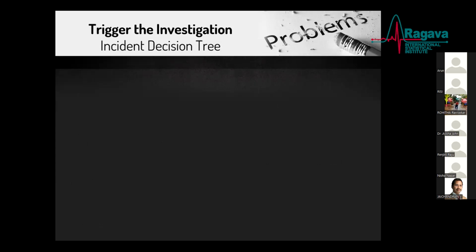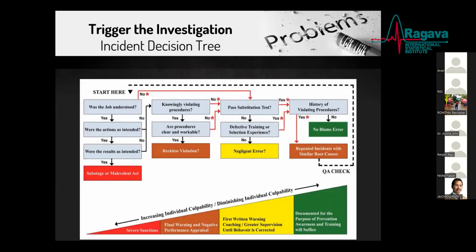Part of the incident investigation is also to investigate the prevalence of human factors in any incident. I'm not sure how many of you are aware of this particular tree, which is called the incident decision tree. Now, David Marx states that no organization can afford to offer a completely blame-free system in which any conduct can be reported with impunity, because some actions warrant disciplinary and enforcement actions.